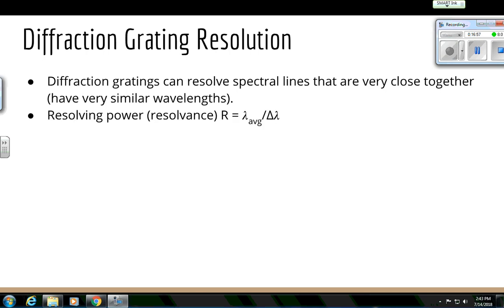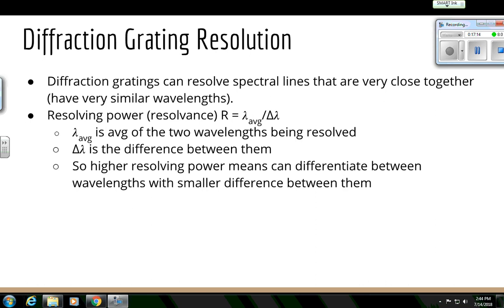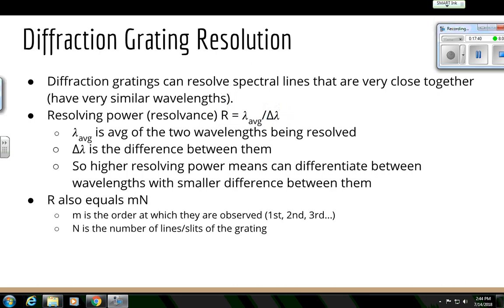So the resolving power of a diffraction grating, also known as the resolvance, is R, and that is equal to the average wavelength divided by delta lambda, or the difference in wavelength that you're trying to resolve. So that's a pretty basic equation. You take the average of the two wavelengths that you're trying to resolve. Delta is the difference between them, how far apart they are. So the more resolving power you have, since this is a fraction, the smaller this number, the bigger this one. So if I have a higher resolvance or higher resolving power, I can differentiate between wavelengths or spectral lines that are closer together. Now, it just so happens that resolvance R is also equal to m times N,